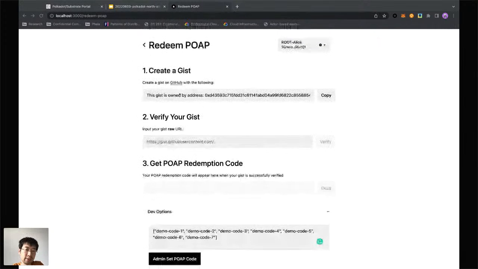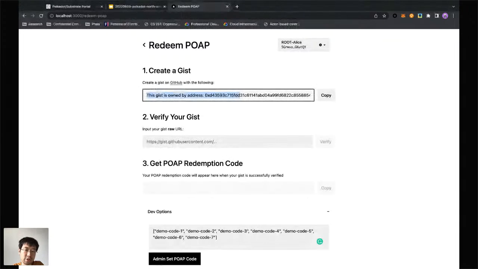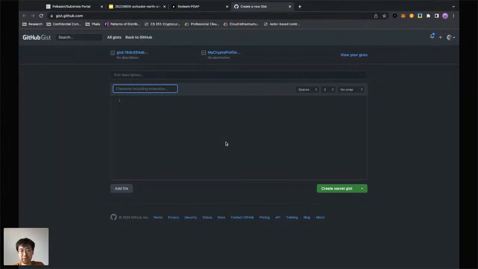Okay, so now let's see. First, this contract generates some content for you. This content should be unique because it contains the magic number, right? It asks you to post it with your GitHub account. So let's copy this and go to my account, and I will just post the contents here. I will need to make these public so our contract can verify it.